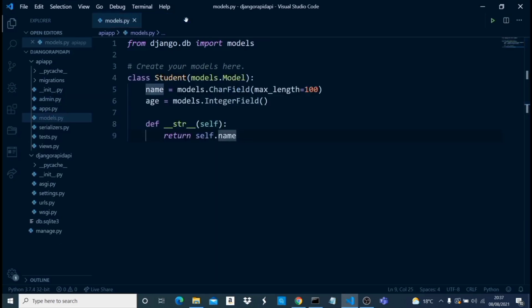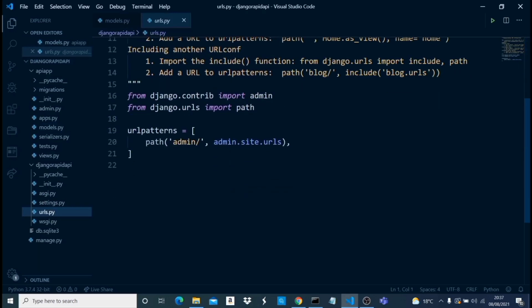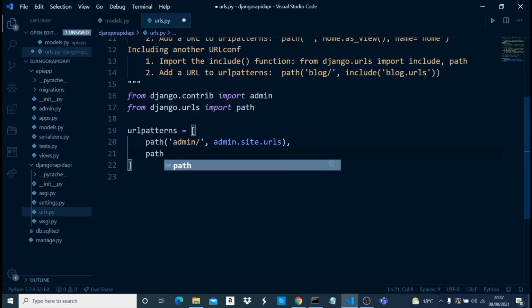So right now that we have this, let's just go ahead and serialize our data. And then once we serialize our data, we then create a URL or an endpoint basically for the API. So first of all, right here in urls.py, we need to add something in the path, in the URL patterns. So right here we have to say path